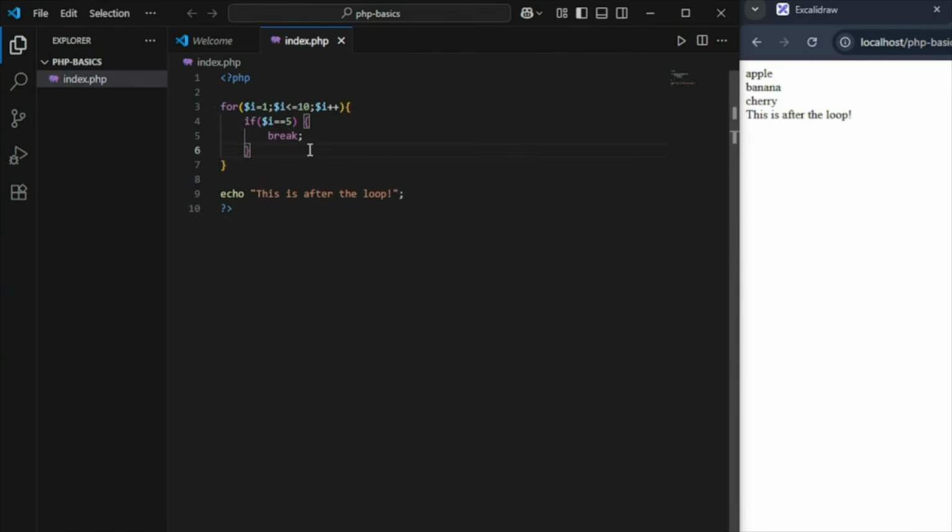Now, suppose you want to stop a loop at a certain point, right? Suppose if the value of $i is 5, you want to break out of the loop and execute the remaining code. So you don't want to go full way. That is where the break statement comes in. Now if I type out echo and then the value of $i and then concatenate a br tag,